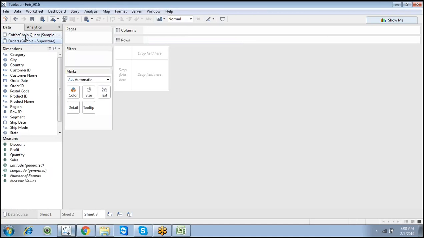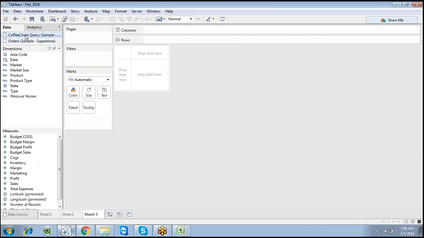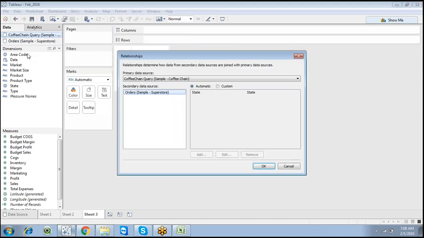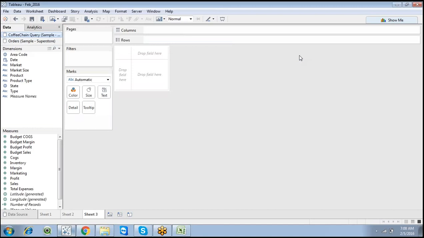We can discuss whether we can connect two databases and work on them. That is called Tableau data blending. We have an option called edit relationships. So this is called Tableau data blending, but we can discuss it later. Connectivity wise, you can connect to any particular database or data source and work on it.